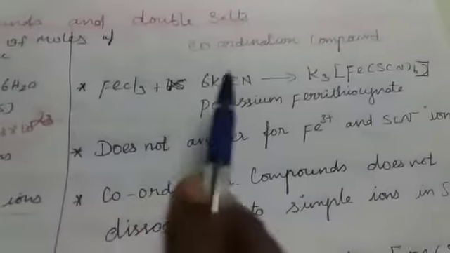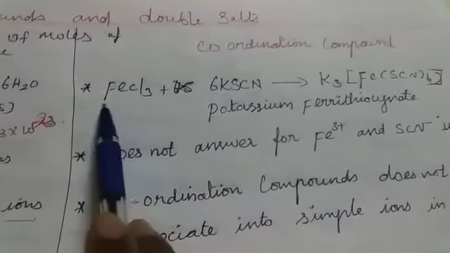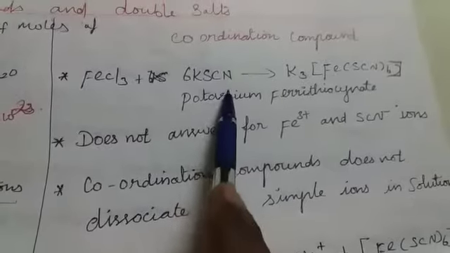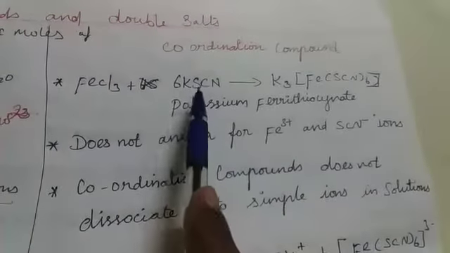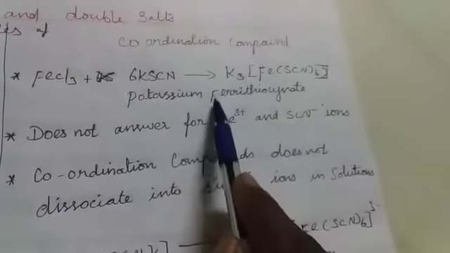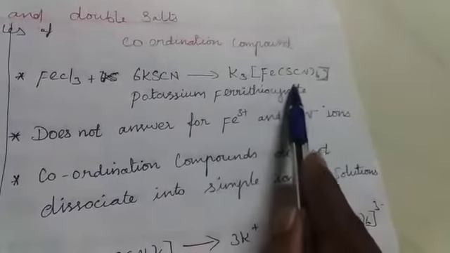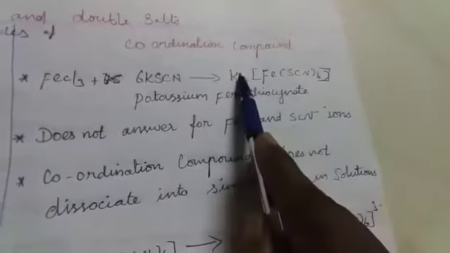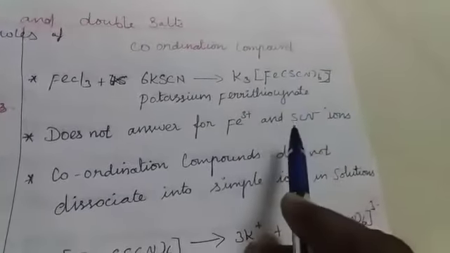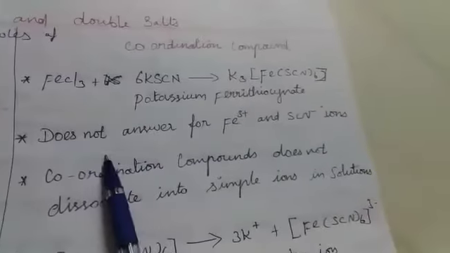Let us go to the coordination compound. Here also we have to take two equimolar solutions, for example ferric chloride and potassium thiocyanate, mixed together and allowed to crystallize. We will get potassium ferrithiocyanate. But here it does not answer